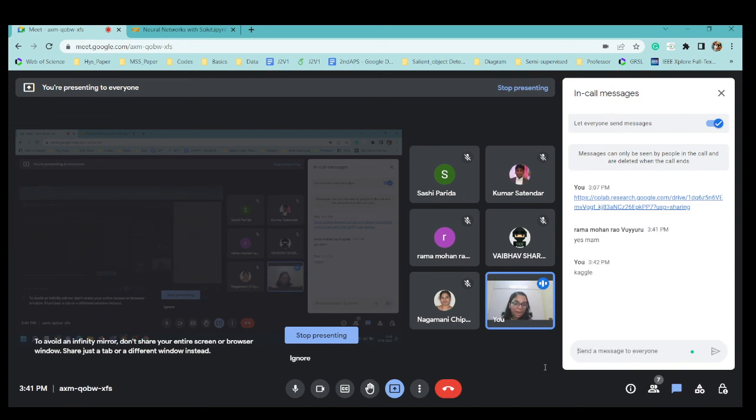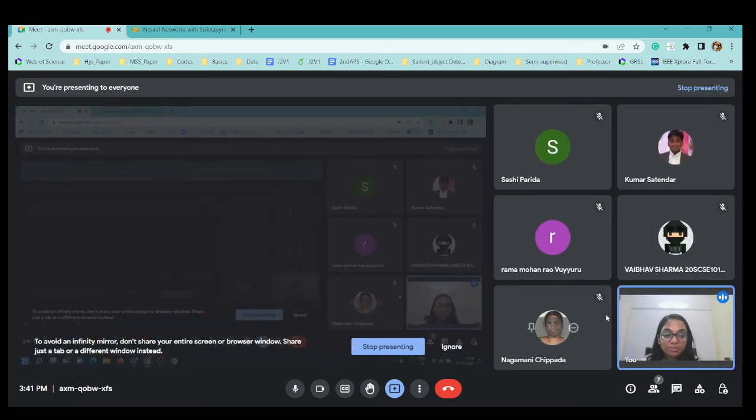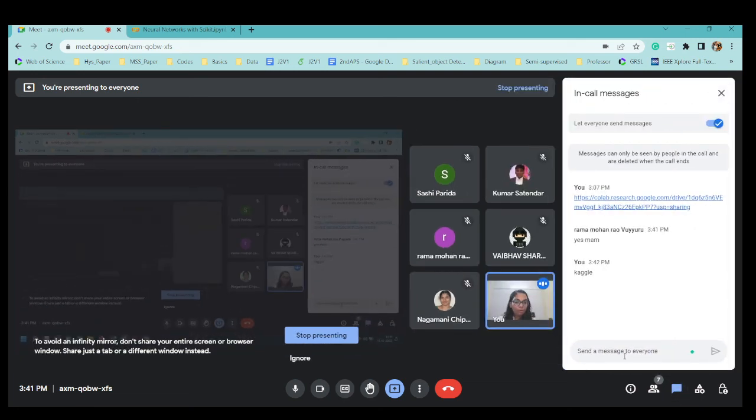Kaggle is a platform where you can find different kinds of data sets and different kinds of code, and when you get stuck somewhere, just look for a similar kind of solution. You may not get the exact solution, but most of them are available. There's one more course I would suggest, if you are free. There's Coursera, which actually helped me with Python programming, and there's another, fast.ai. These two I would highly recommend. They provide good course content in terms of Python programming.